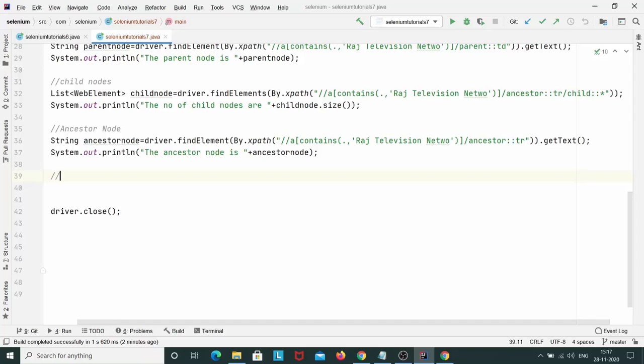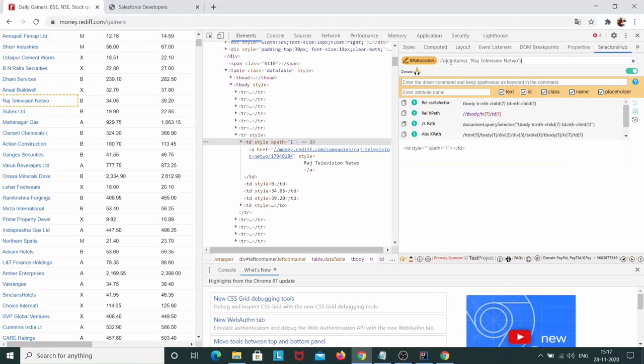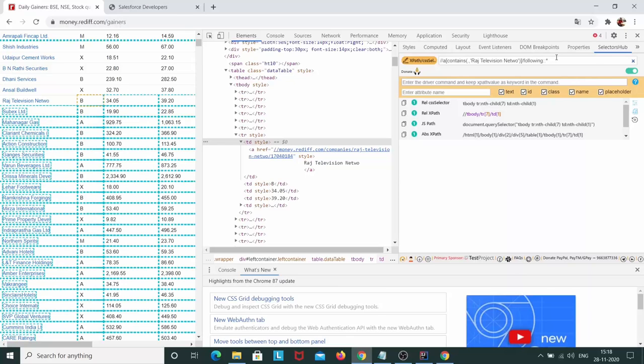Now let's see the following. So I have the 2 slashes that is always there for the XPath. The tag name that I'm using is A, which contains the Raj Television Network. This is the self element. Now from here I want to see the following elements. So I'll put 1 slash, I'll write following, 2 colons. Now I don't know what my following elements are, so I'll just put the asterisk mark, and here you can see,